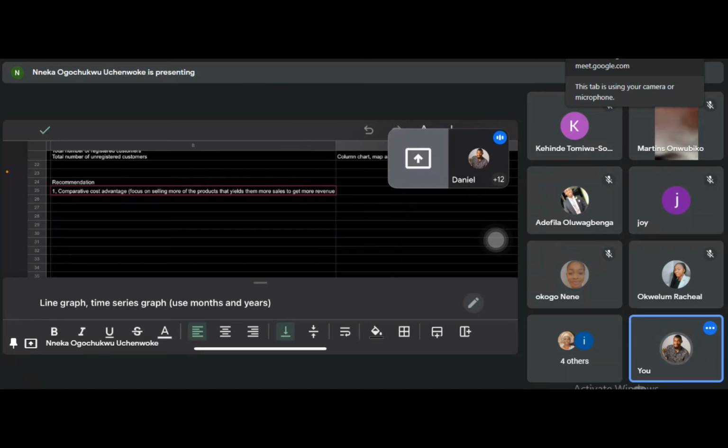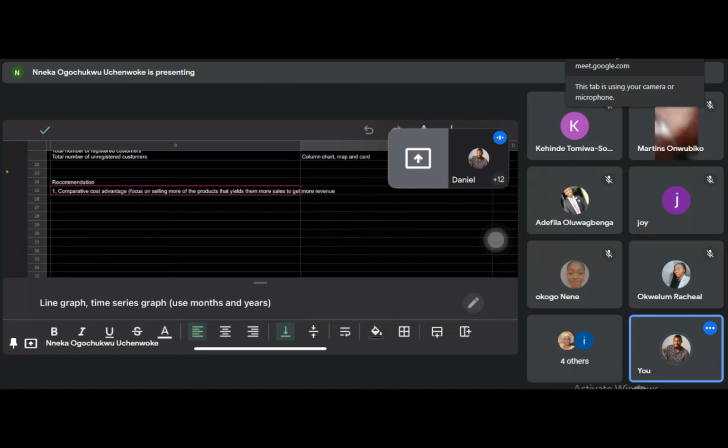Top 5 and least 5 countries by sales. Like I said, here you can use small multiples, order by ascending, then order it by total sales, right? Then choose your top 5. Then also for the least sales, choose your least 5. Then top 5 and least 5 countries by products. You follow the same process.